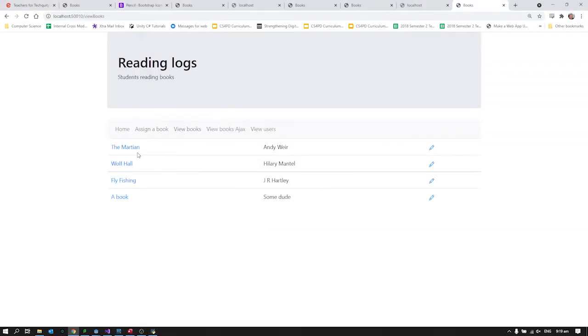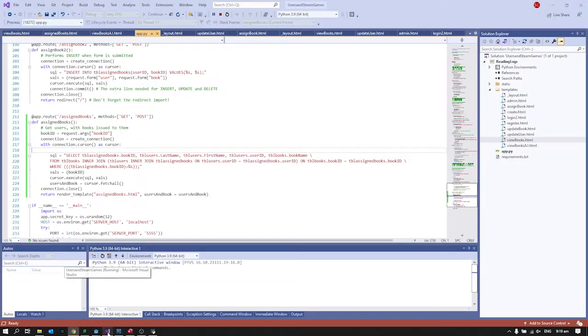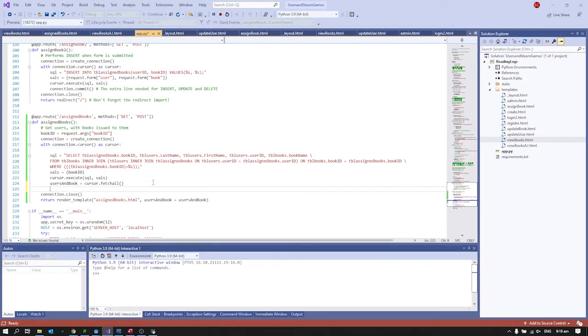View books, The Martian has not worked, and then we need to start debugging that. Didn't crash, so we've got something else to look at. So first thing I always do in a circumstance like this is print users and books. Let's see if we're getting any data out of that. Users, look, users and books. Yeah, this isn't,